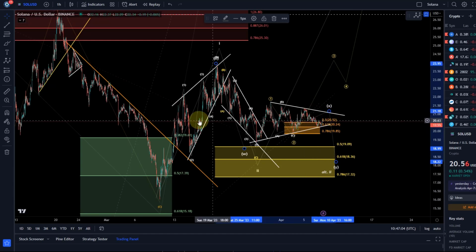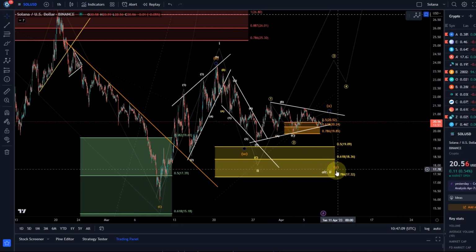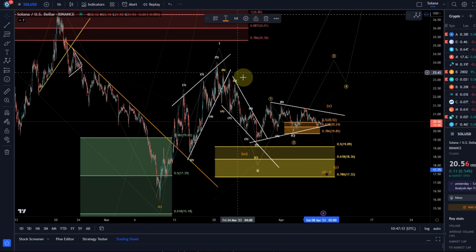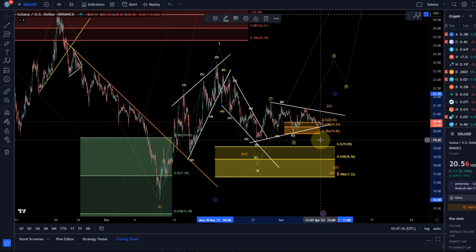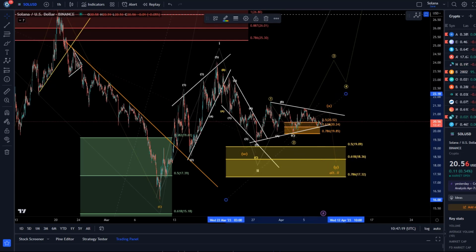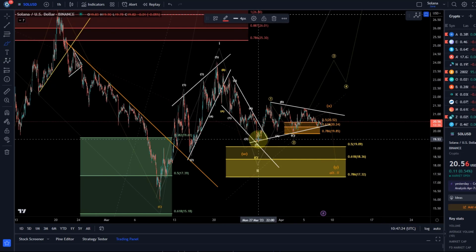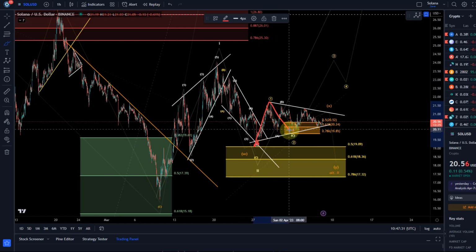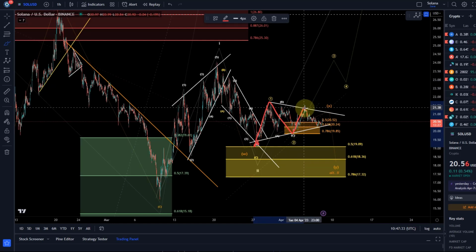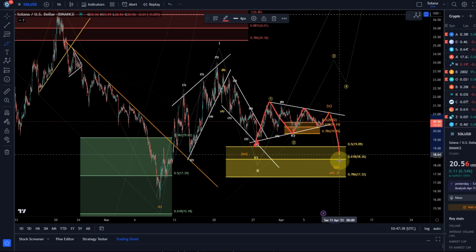In this wave X triangle, I will put that into the orange color, so you just know this orange count relates to alternate wave 2. I'll just show it to you. So W down, wave W bottom then here, and then this could have been an A wave to the upside, B wave down, C wave up, D wave down, E wave up, maybe one more high and an X wave, and then be ready for a dump.